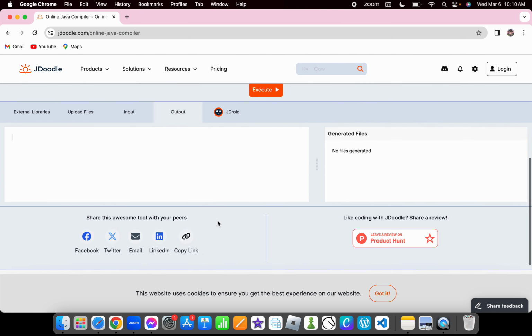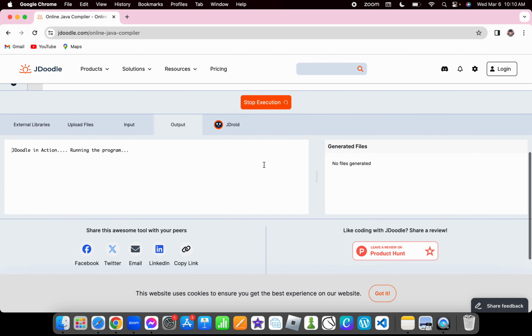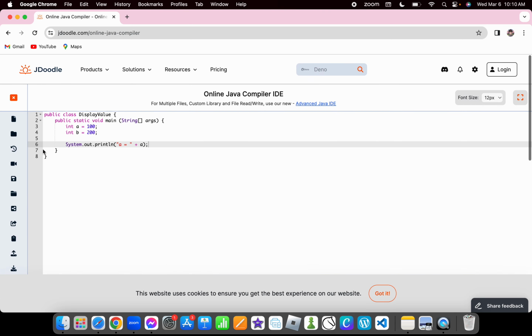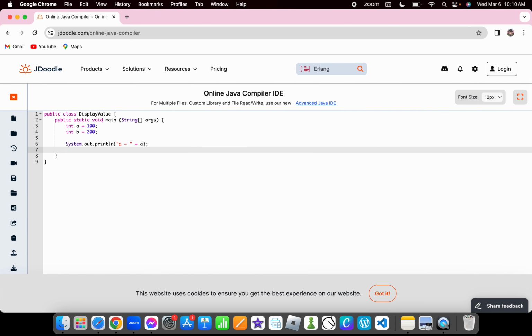So let's run this program. It's taking a little while. Yes, that's the sign that it works. Okay, now I'm also going to add to print this other one, System.out.println, and